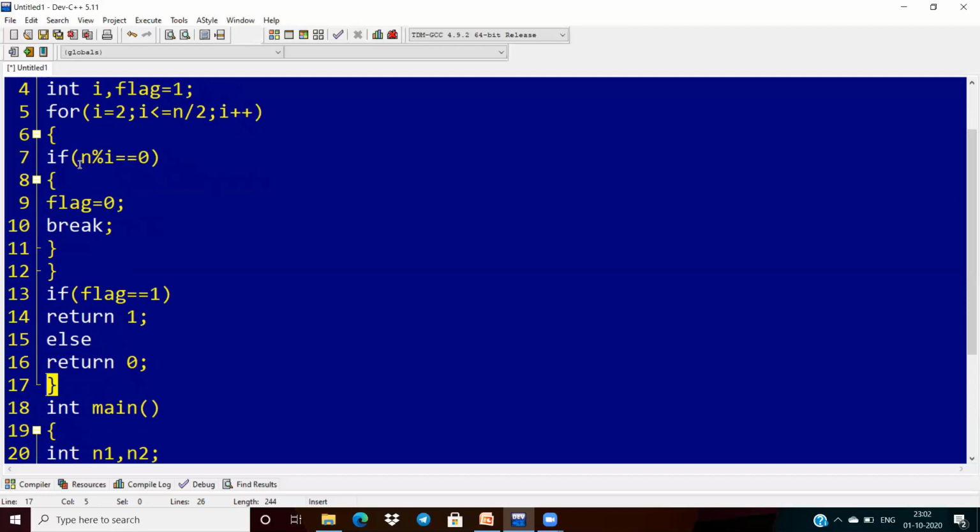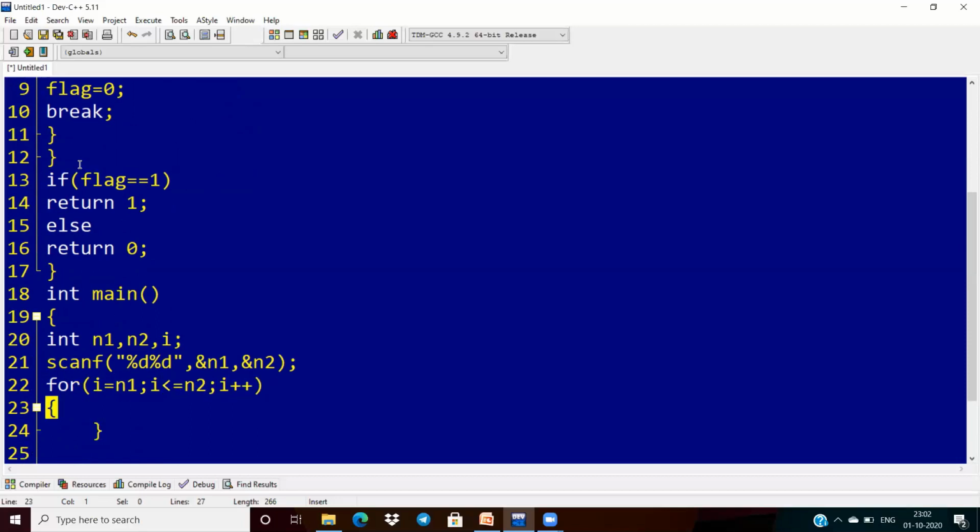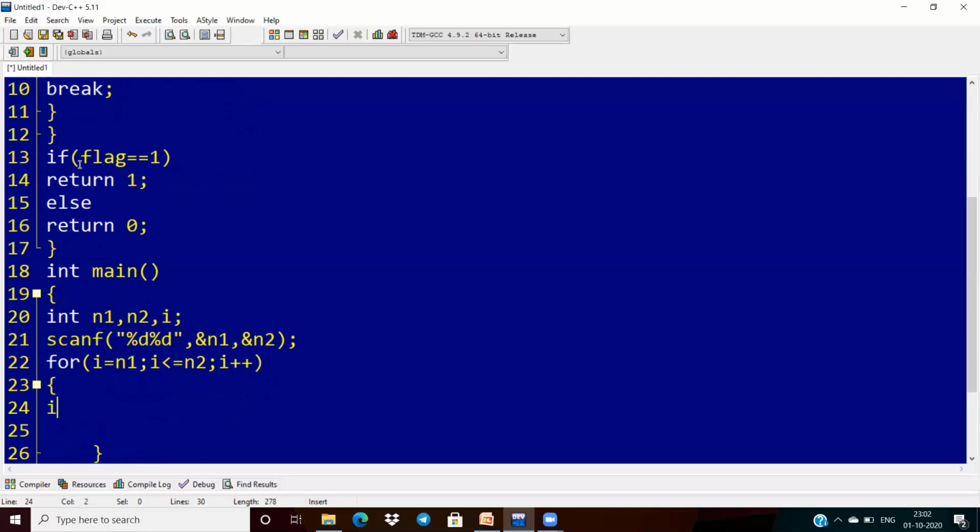Okay. Now, see, after this, again I am taking the same index variable i, and my range is i starts from n1 and i less than or equal to n2 and i plus plus. So if isPrime of i, I am calling i.